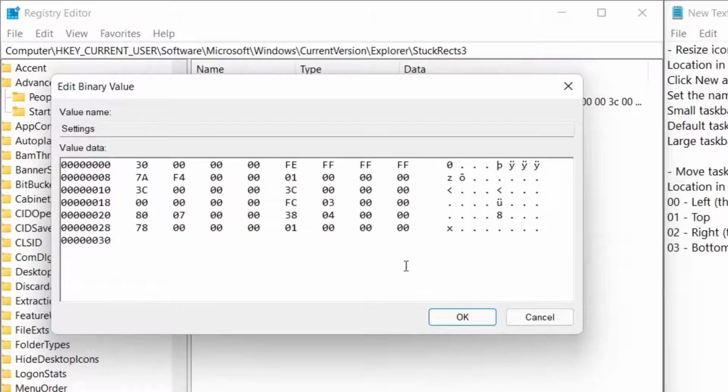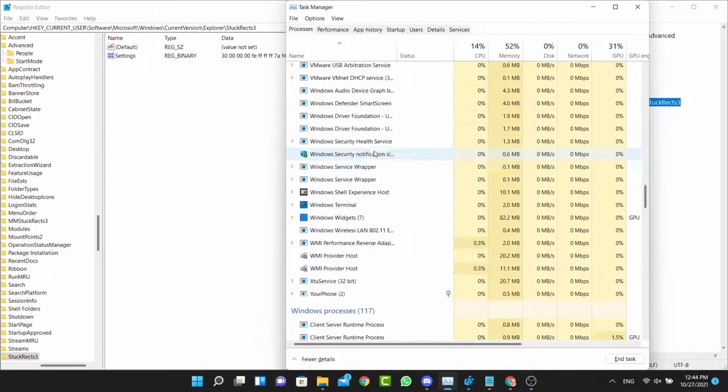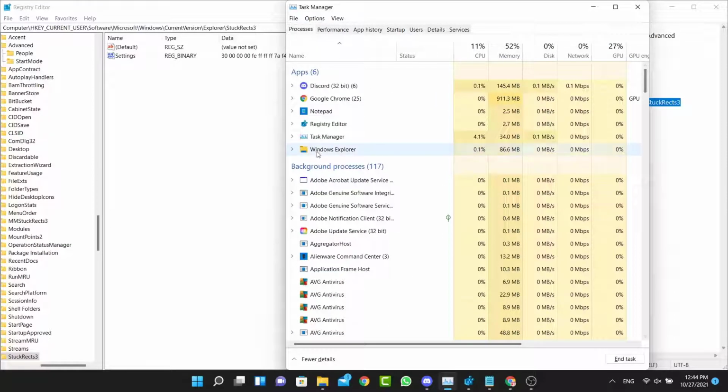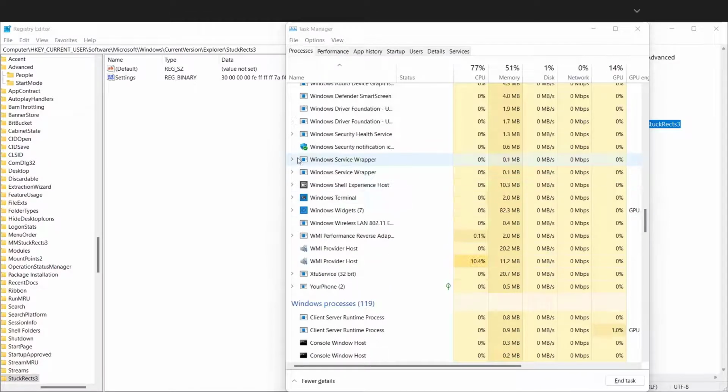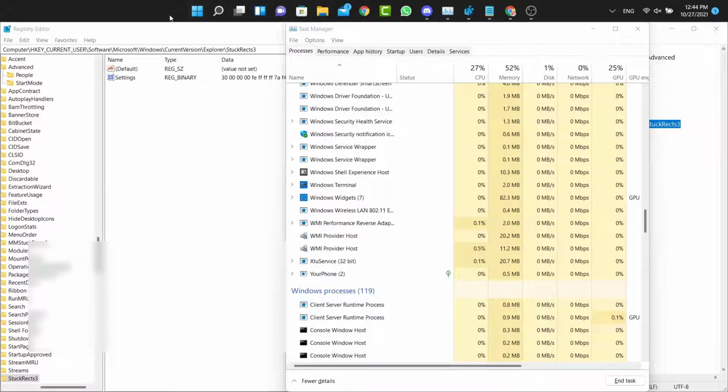Let's say if it's 01, 01 will turn it to the top of the screen. Now we need to go again to File Explorer, okay? We're going to go to the File Explorer, restart, and now the taskbar is going to be at the top of our screen. But the only problem is, as you can see, the start menu is on the left hand